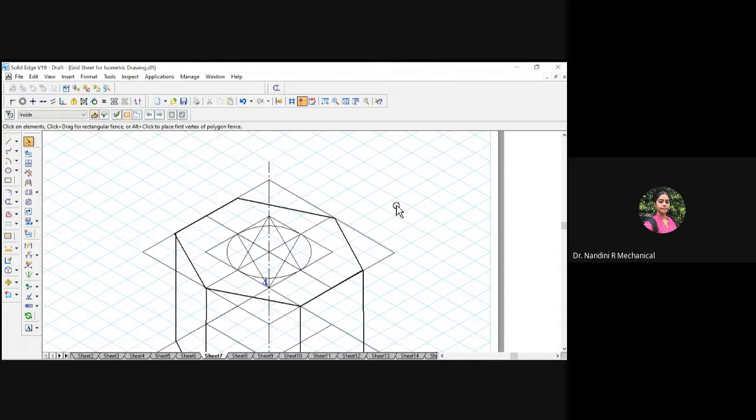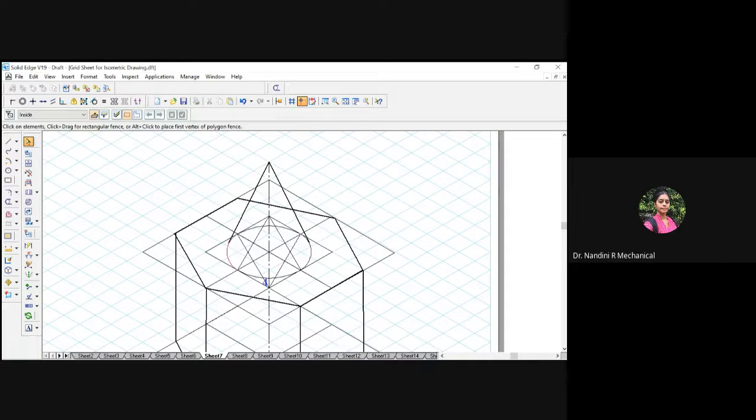After the vertical height, now from the vertex, we need to join back to the base surface. So I'll use the line command. I will change that to the visible line, and the visible line thickness, I'm changing to 1 mm. So from the vertex, I'm just drawing here, where it looks like a tangent. So this is over. And similarly, from the vertex, you will join until you get the tangent symbol, tangent to the circumference. So this is over.